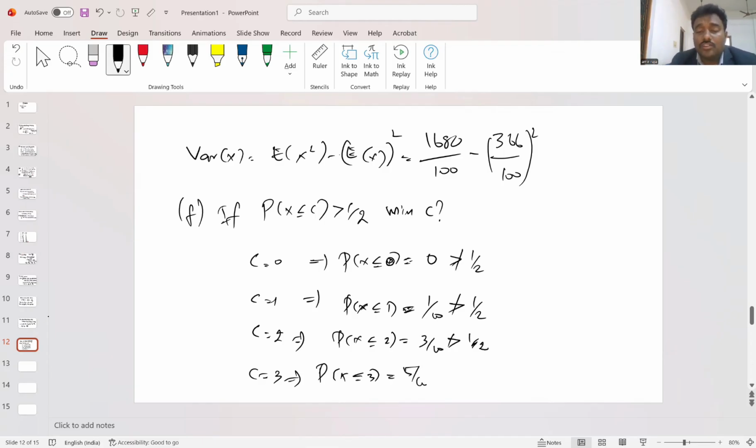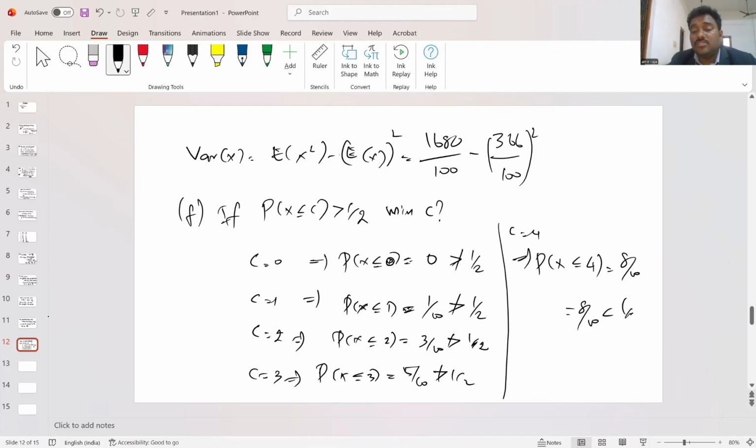So it is 5 by 10. This is not greater than 1 by 2. It is equal to 1 by 2, right? So the next value I will be taking is C equal to 4. So for this, the probability x less than or equal to 4, I have to add 3k with it. So it is going to be 8 by 10, so it is less than 1 by 2. So the minimum value of C is